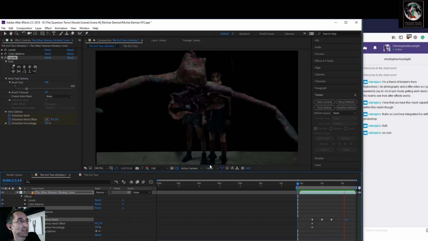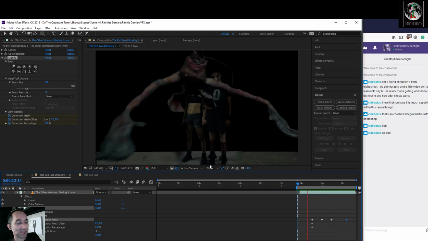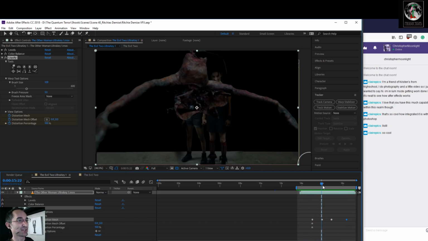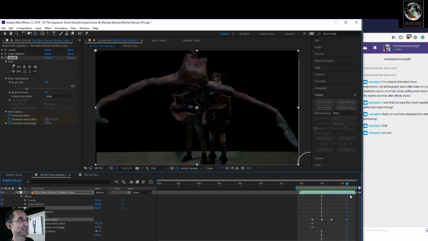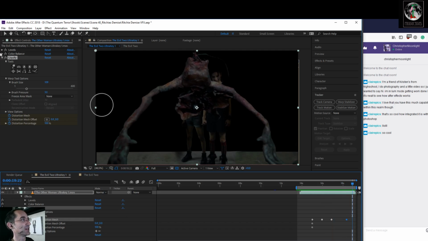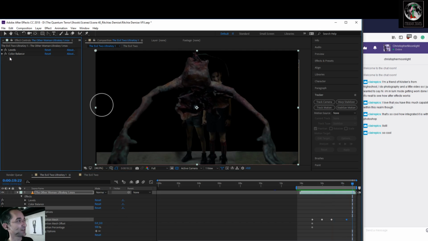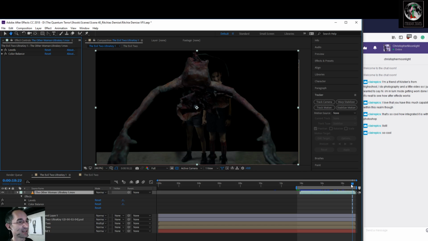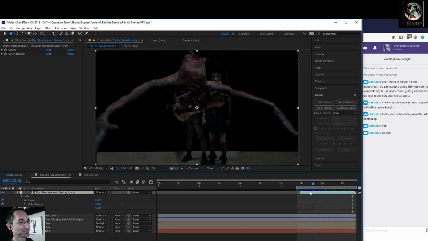Looks like we accidentally warped something with the liquefy tool back here too. Check this out. This arm does this weird pinch thing over here, so I'll delete that for now, but we'll work on it.